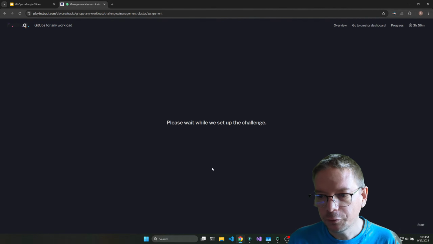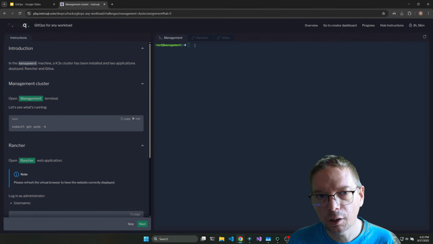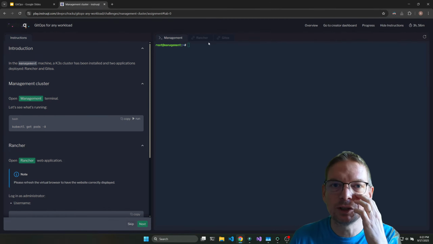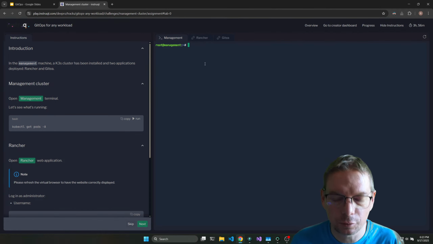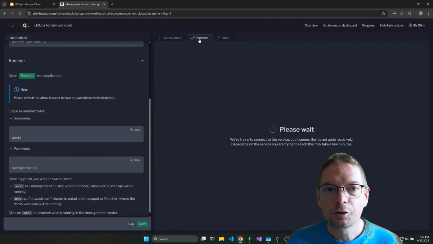So in the first step, what I just wanted to show, so we can query. Here you see the instruction on the left, and you can see multiple tabs on the right. We've got the command line. I can execute, and I can also execute directly from a click. And also we have Rancher, what I talked about.